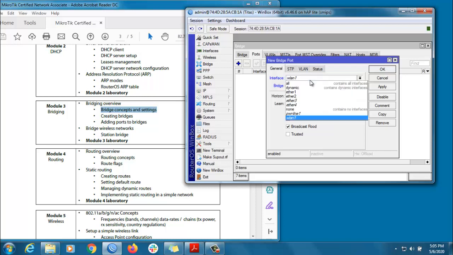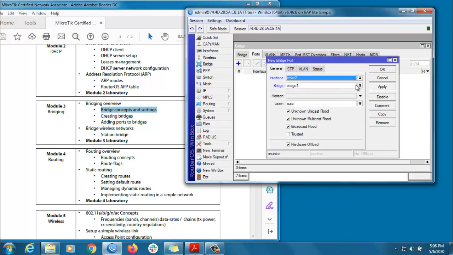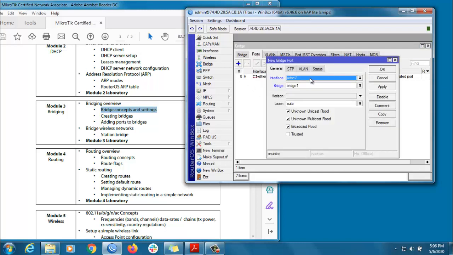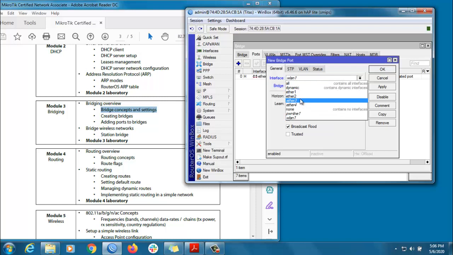Our LAN interface is Ethernet 2. So we are going to select Ethernet 2, then apply OK. If you want to add Ethernet 3 and 4 to our LAN interface, then just click plus, then select Ethernet 3.